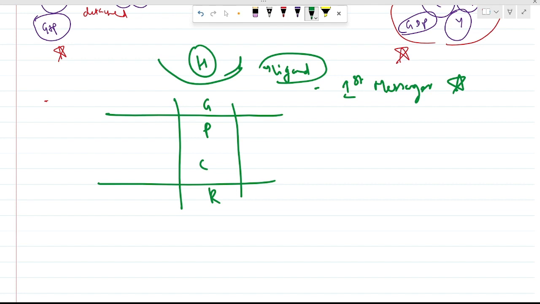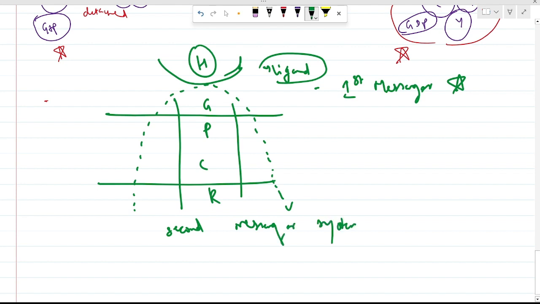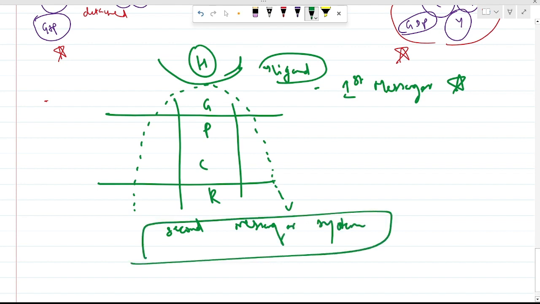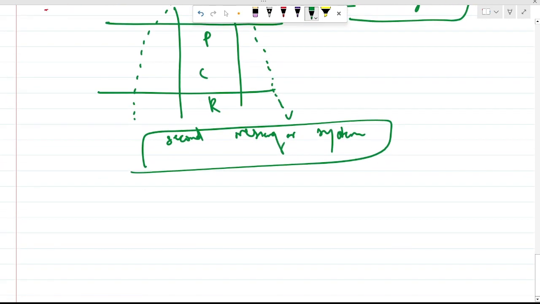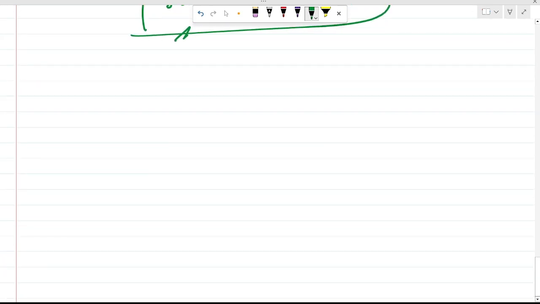It comes in contact with the GPCR and activates another type of messaging system called the second messenger system. This hormone, which is a ligand for this GPCR and is considered to be the first messenger, on coming in contact with the GPCR activates a second set of messenger system called the second messenger system. So we're going to see what this second messenger system is.